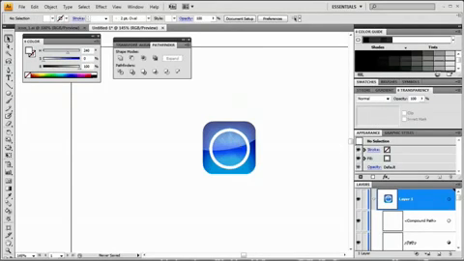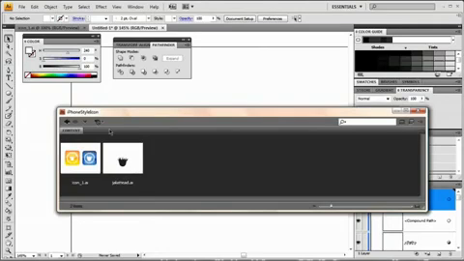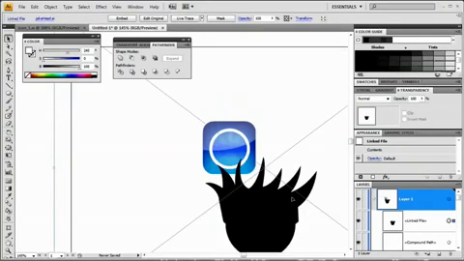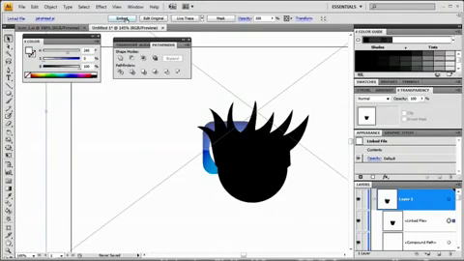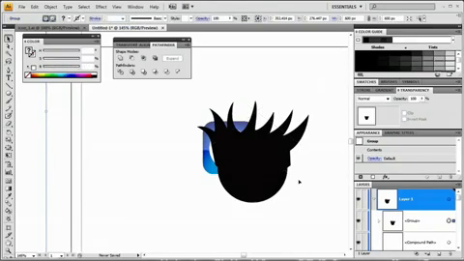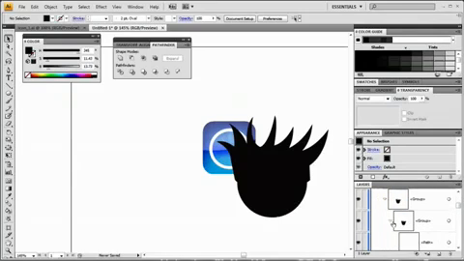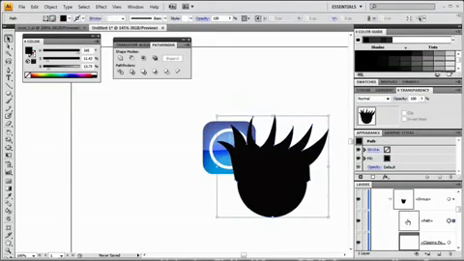And I'm going to bring up Bridge here, and I'm going to grab this AI file right here, Jake's Head. I'm going to drag it right in. I'm going to minimize Bridge, and you can see what I've got, Jake's Head right here. I am going to embed it. And I'm going to come all the way in here. Now there's going to be several groups, all the way in until I just get the path right here,